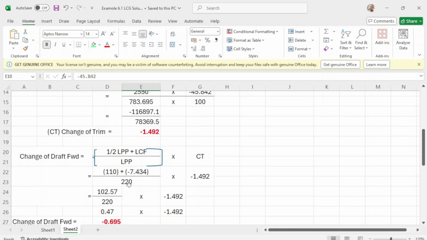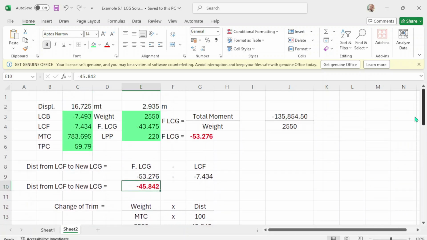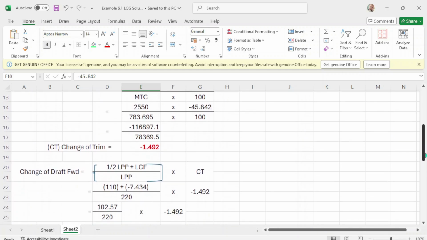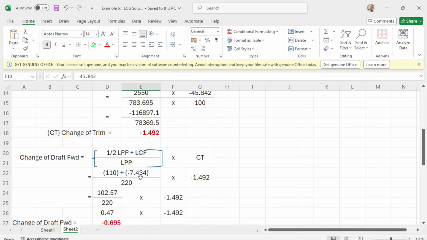Half of 222 is 111, plus your LCF, which is negative 7.434, over LPP, which is 222, times your change of trim, negative 1.492.